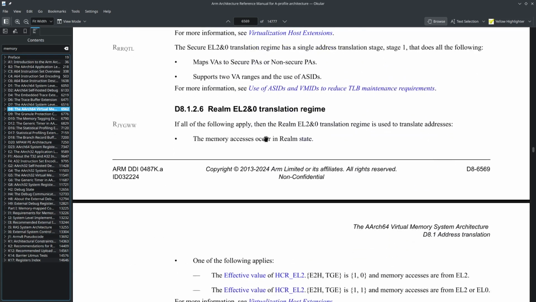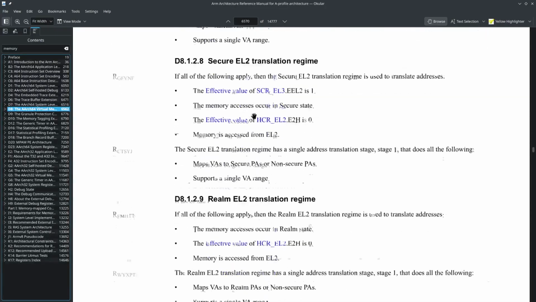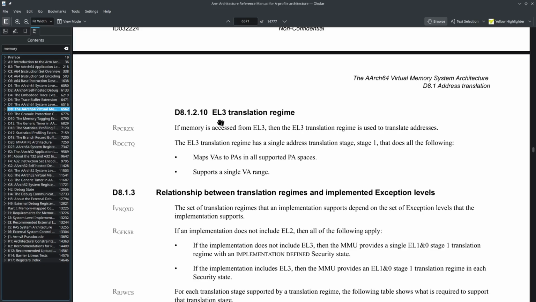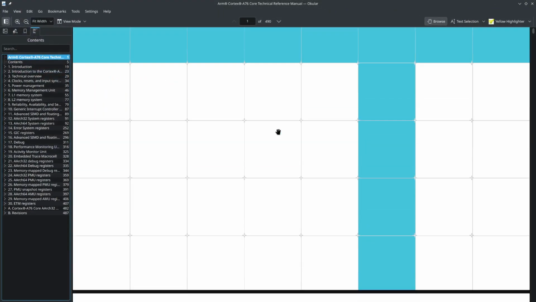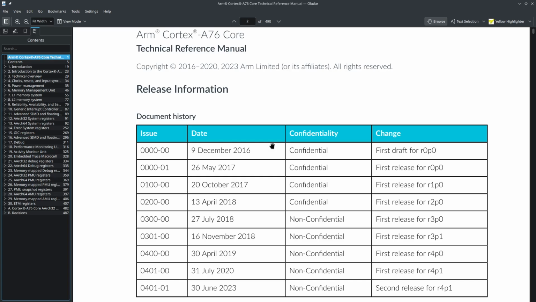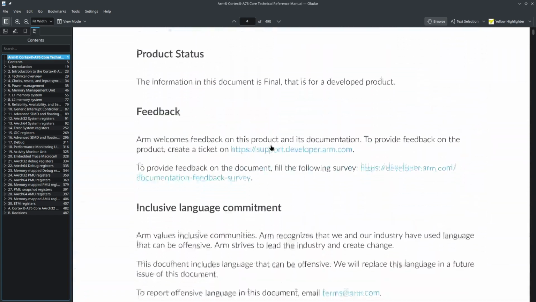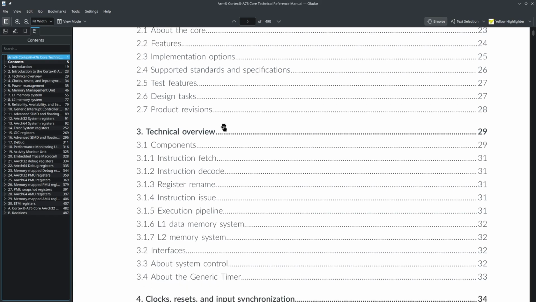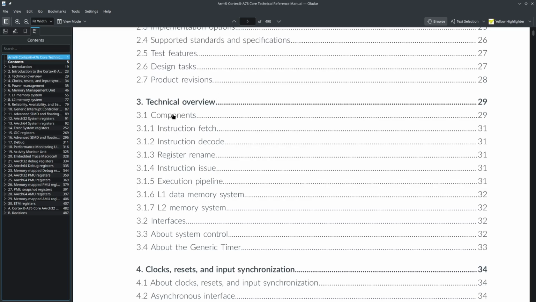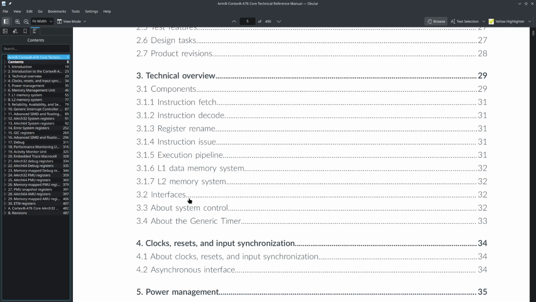Google has a lot of different resources where people show how to use different things. So yeah, this is the architecture reference manual, and now we are going to the technical reference manual. As I said, this is the manual that is specific to your core. And if we go to the index real quick, we see introduction to the core, a technical overview of components, instruction fetch, and other